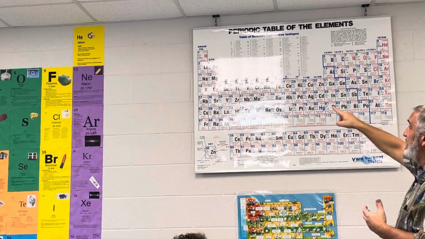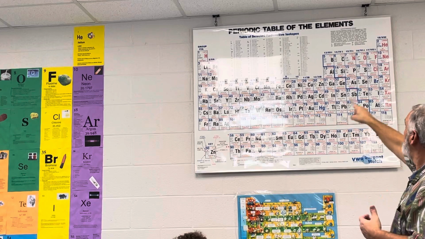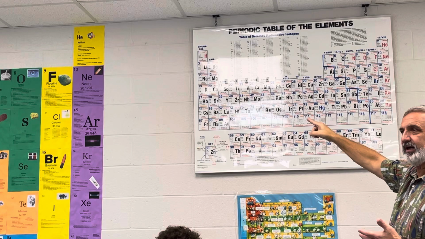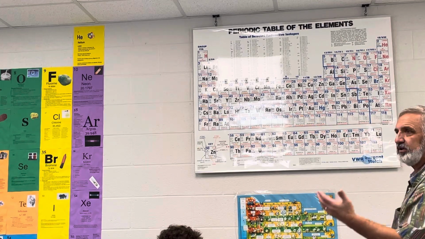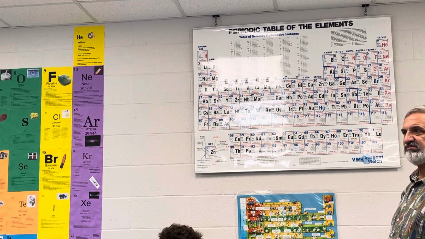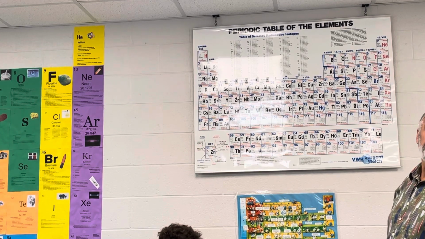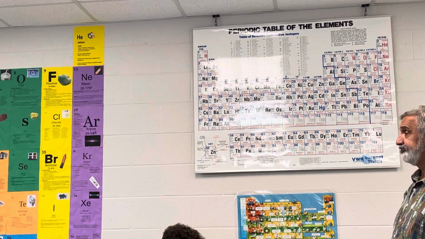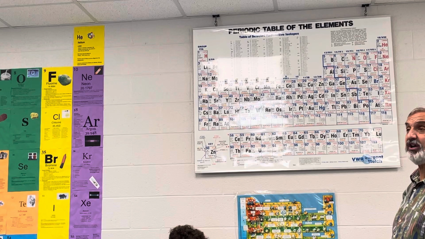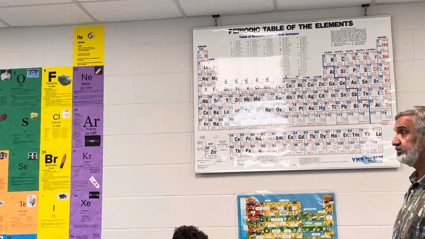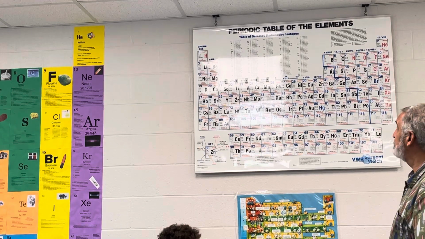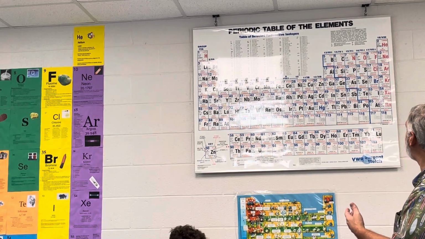Helium is H-E. Lithium, beryllium, boron, carbon, nitrogen, oxygen, fluorine, neon. But then we have sodium, Na. And I kind of already alluded to this. Why is sodium Na? Good question. Because of what it's made of? No. Greek or Latin. Most of them come from their Latin name. Natrium is the Latin name for sodium. So it's Na. It comes from Latin because they ran out of N's. And then magnesium, aluminum, silicon, phosphorus, sulfur, chlorine.